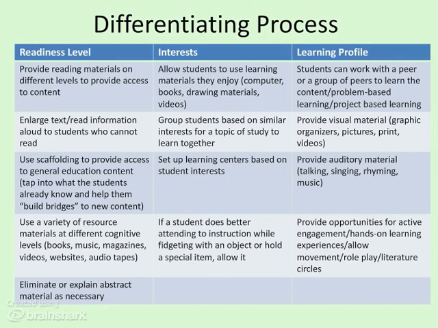Another way to differentiate process is to set up learning centers based on student interests around the room. And if you find that a student does better attending to instruction while fidgeting with an object or holding a special item or coloring or standing, allow students to do these things during the instruction if it helps them to engage. You'll know if it is a distraction or a help when you assess the student learning. If the student does these things and is able to demonstrate